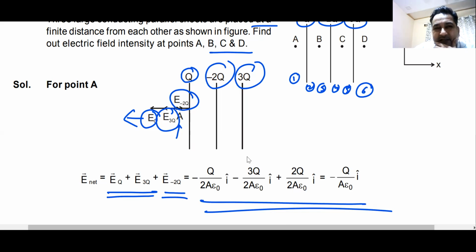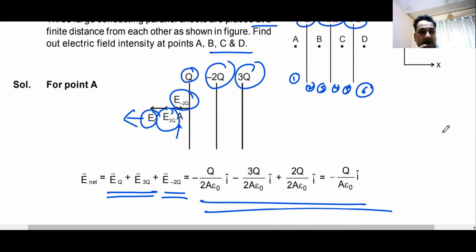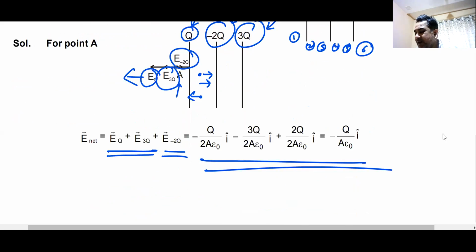Do we understand this? Can I have some raised hand that we understand this? How I have done this? Similarly, if the point is here, electric field due to this charge will go like this. Electric field due to this charge will go like this. Or the electric field due to this charge will go like this. You add them, two fields are this side, one field is this side,